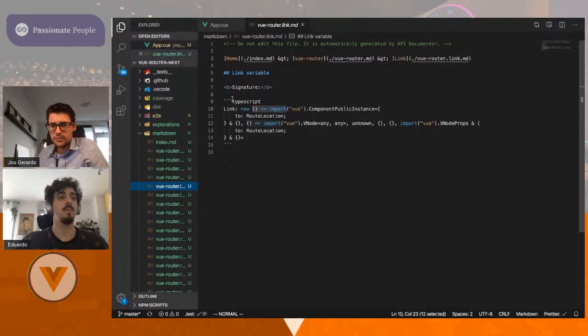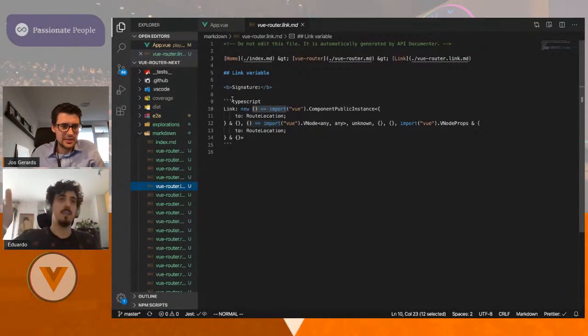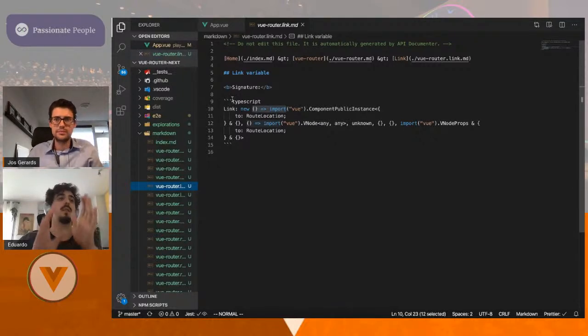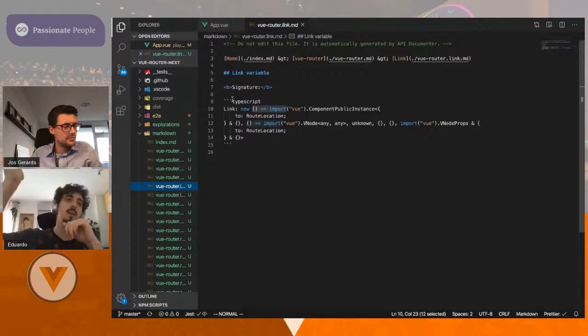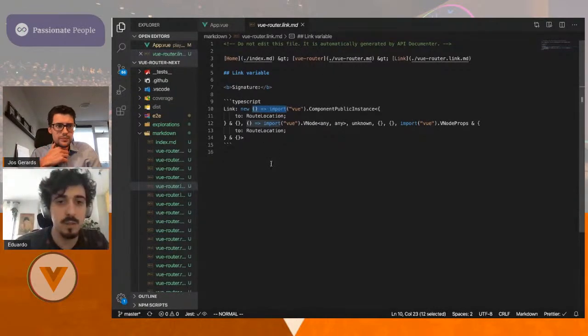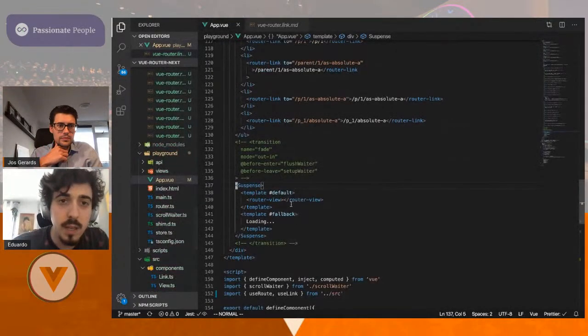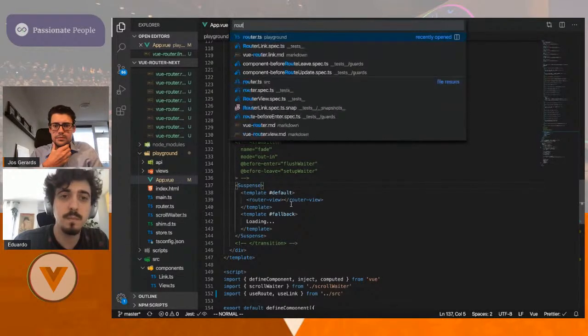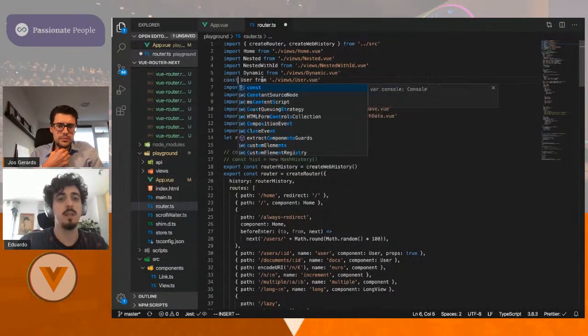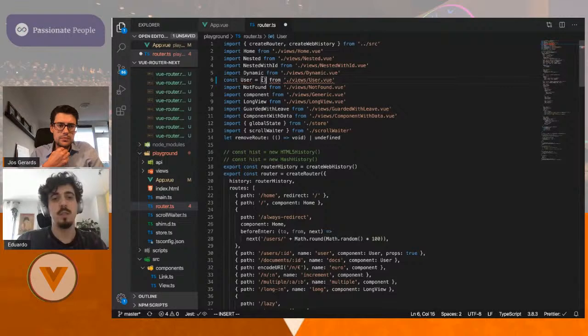I mean, Sebastian knows because he knows how it's worked, but for other people, lazy loading is more about splitting your application into different chunks, so letting Webpack code split your application properly. So the syntax is the same. You have the component, and instead of writing the component and having the import at the top, you create a variable that is a function that returns the import, something that looks like, so let's say we have here, imagine I'd want the user page to be dynamic. It should be something like this.